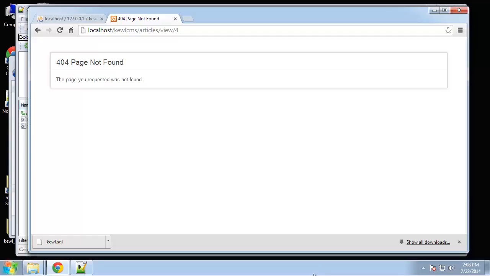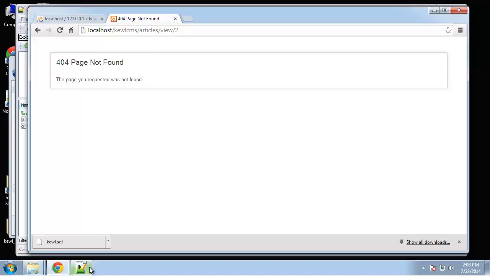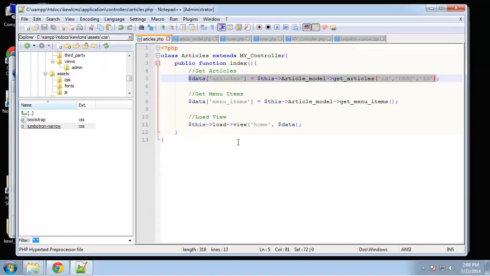Alright, so now we want to create the view function. Up here you can see that we're in the articles controller, and then we have a method called view, and then we just have the ID of the article. And that's what these articles link to. Okay, so we'll go into the articles controller,